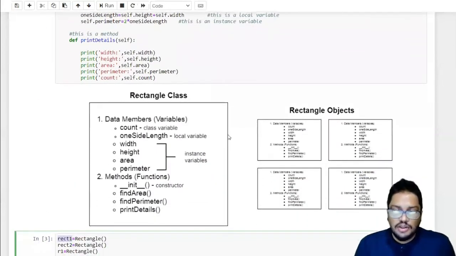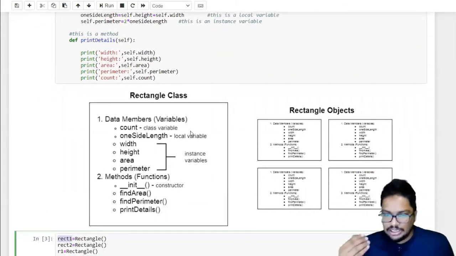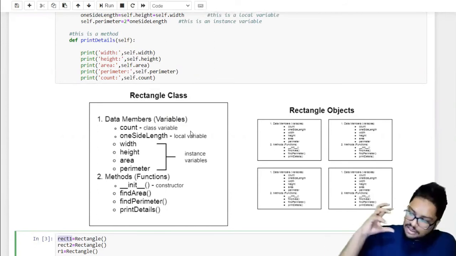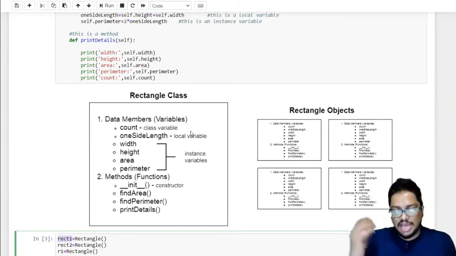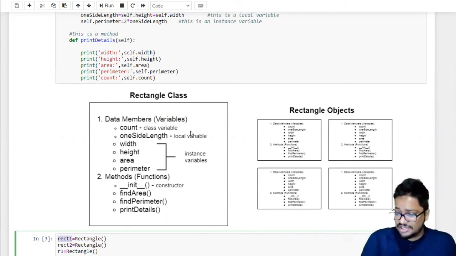Here also, our rectangle class has data members: count, one side length, a local variable, and width, height, area, perimeter, instance variables, and it has a constructor. So we have included data members, the variables, and some functions, constructors, and everything inside the rectangle class.